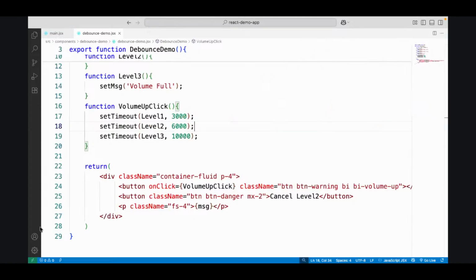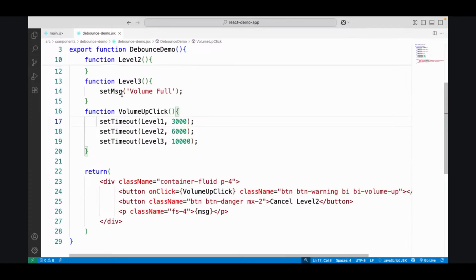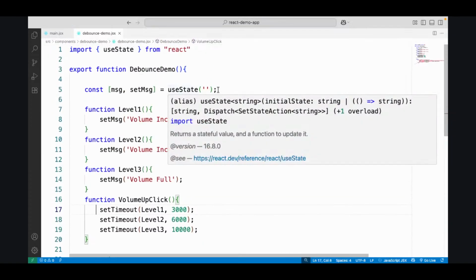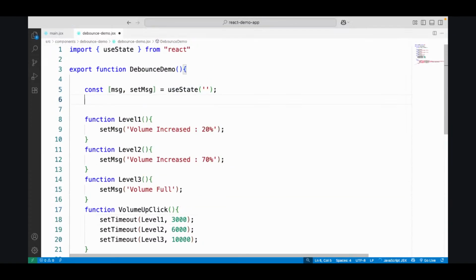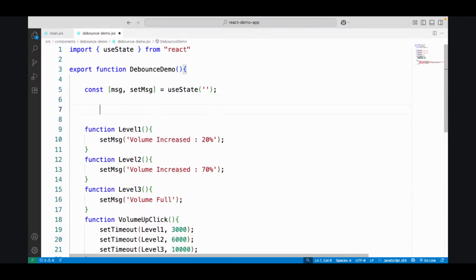So remember, I don't need 3 memories because I need to cancel only one. So what we will do? We will create a constant, or let. And what is it? We will create one simple reference name. Reference name is what? Suppose thread. Any name you can give, doesn't matter. And is equal to